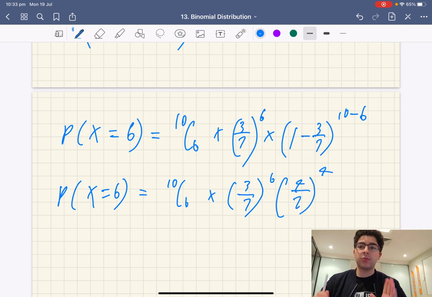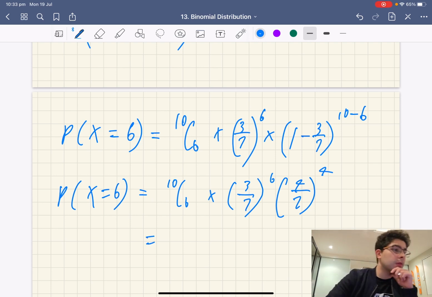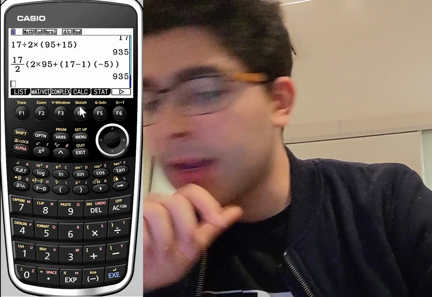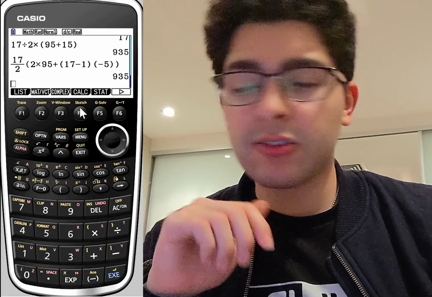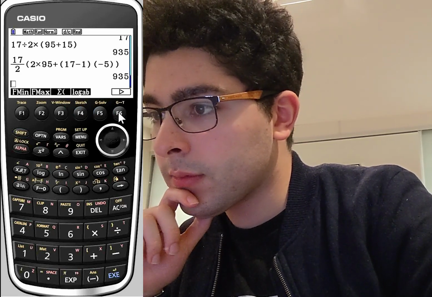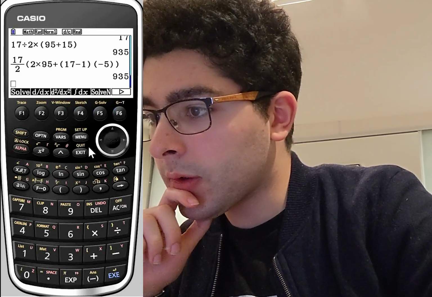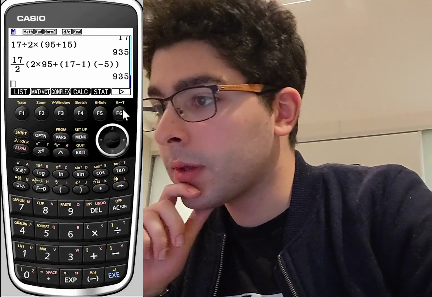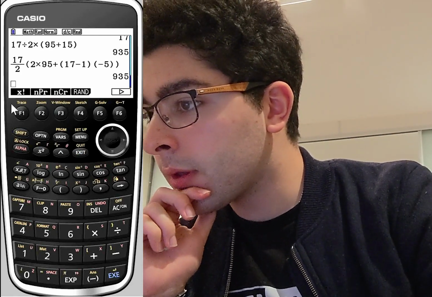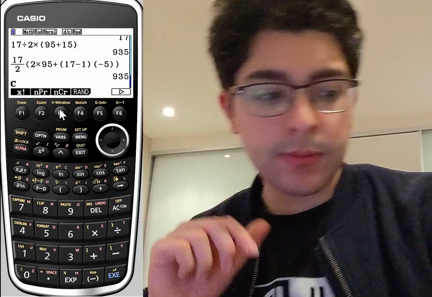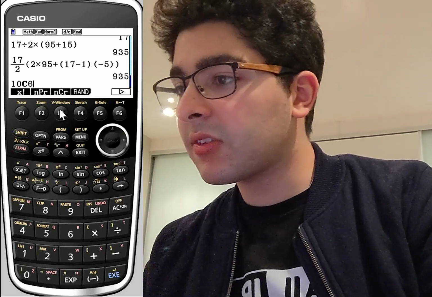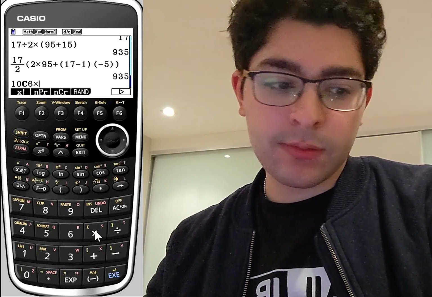Now what we can do is put this in our calculator and solve it. I can go to run matrix, then go to option. To get 10C6, we go to option, then over to prob, then nCr. So I put in 10C6, in that order, and all of that times